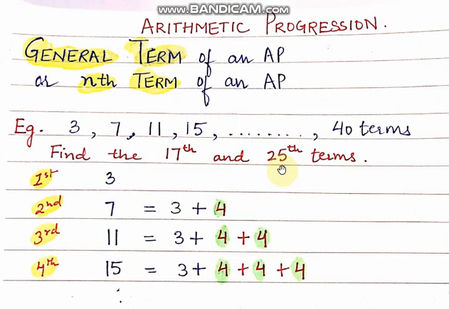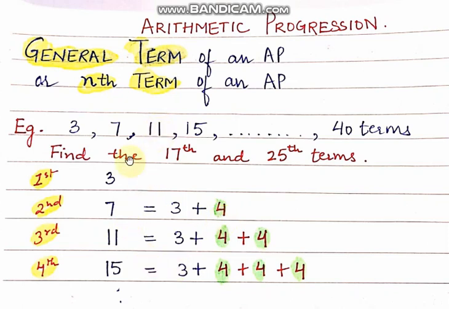So children, we need to have a smarter way. We need a shortcut to straight away find these terms without wasting much time. So I just tried to list down these terms. Let me talk about the first term. First of all, it's 3, and I've just written 3 here. Then the second term, as we've already observed in the pattern, is obtained by adding 4 to 3, where 4 is the jump size.